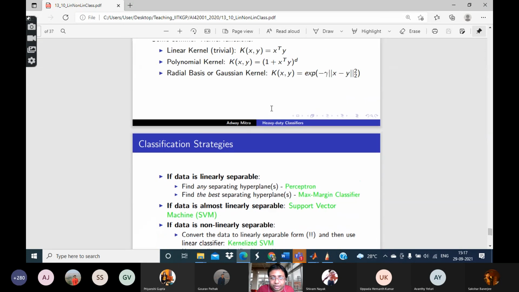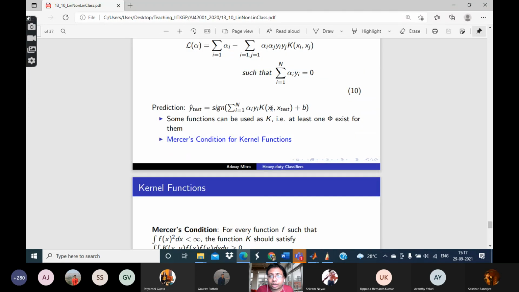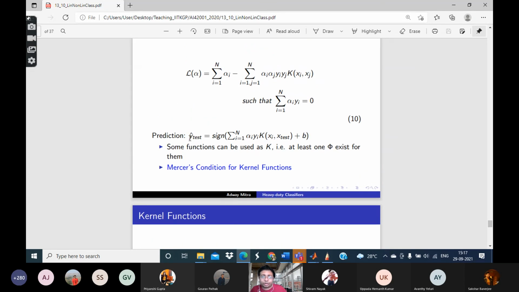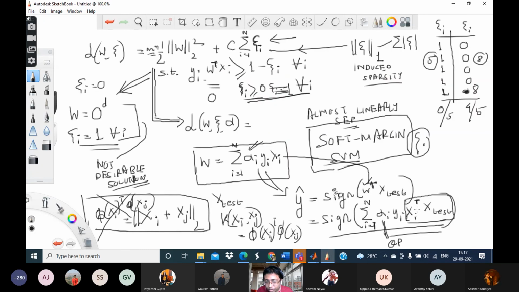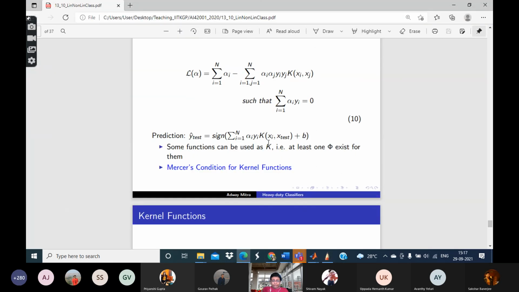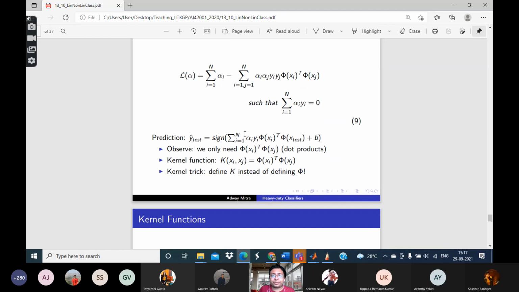Now once you have done that, the rest of it is just as it follows. You just feed that to the QP solver, and all the alphas come out for you, and then when you want to do the testing, you can do it in this way. That is, instead of using this formula of taking dot products of X test with all the training points, you just have to calculate the kernel function between the test point and each of the training points. Okay, I mean each of the support vectors. That's all there is. So this basically is known as the kernelized SVM.